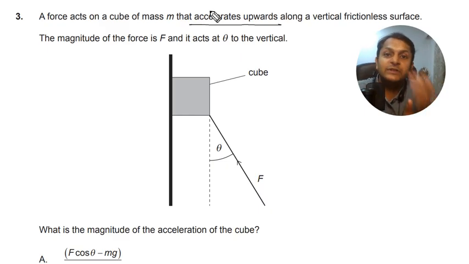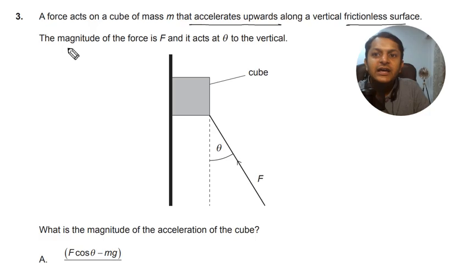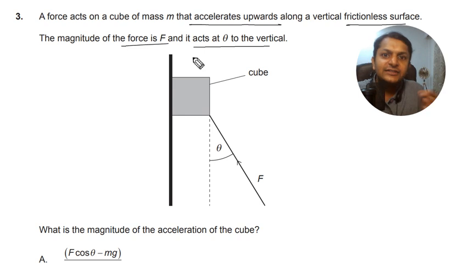There will be some force acting upwards because the body is going upwards, and it is even accelerating along a vertical frictionless surface. The magnitude of the force is F, and it acts at theta to the vertical. So this is the theta angle to the vertical which is acting here. So in these kinds of cases, what we do is, number one, we have to create the components of the